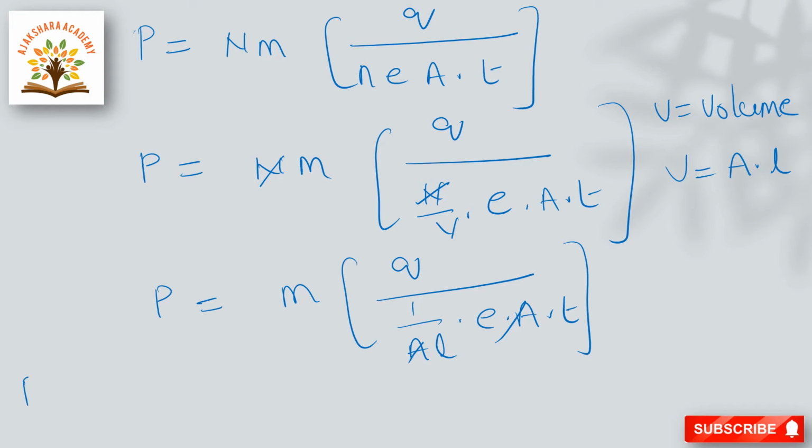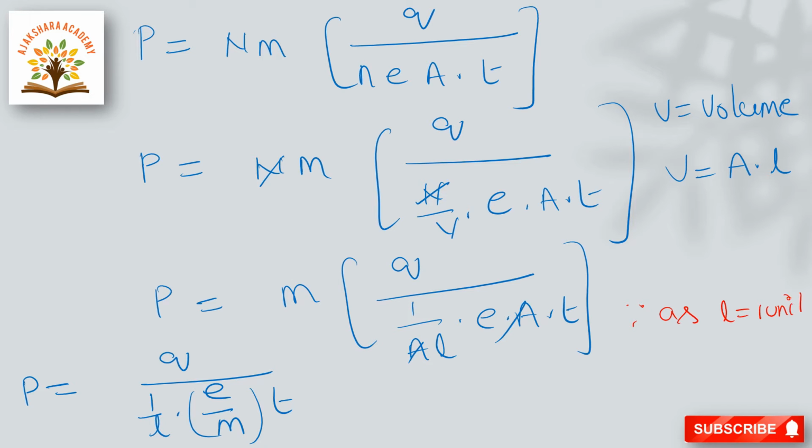So P is equal to Q by, here 1 by L, and this m, here we are writing E by m into T. 1 by L, as L is equal to 1 unit,